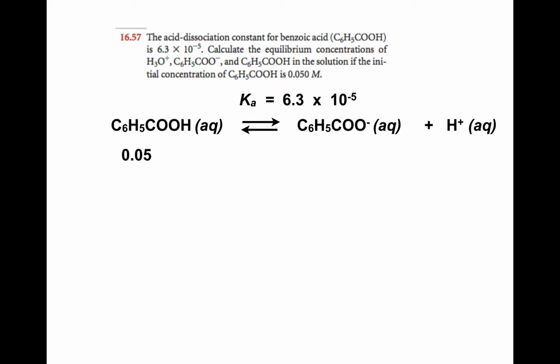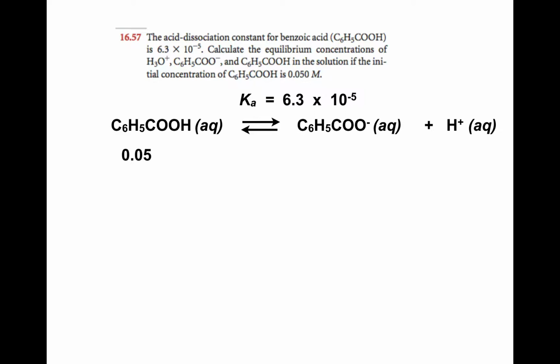The acid dissociation constant for benzoic acid is 6.3 times 10 to the minus 5. Calculate the equilibrium concentrations of hydronium ion, benzoate, and benzoic acid in the solution if the initial concentration of benzoic acid is 0.05 molar. All right, so like any equilibrium concentrations we're trying to get to, right, we have a